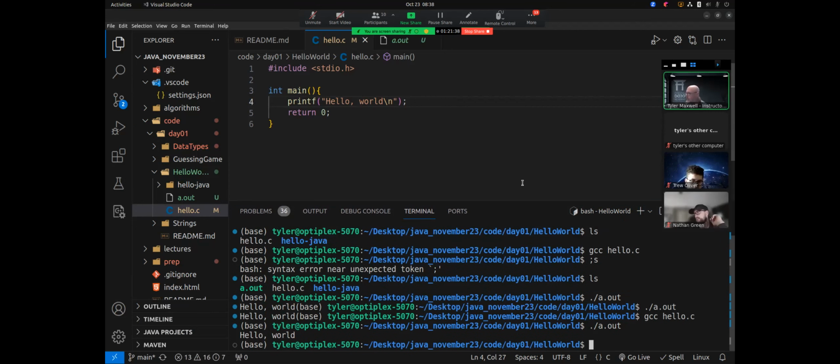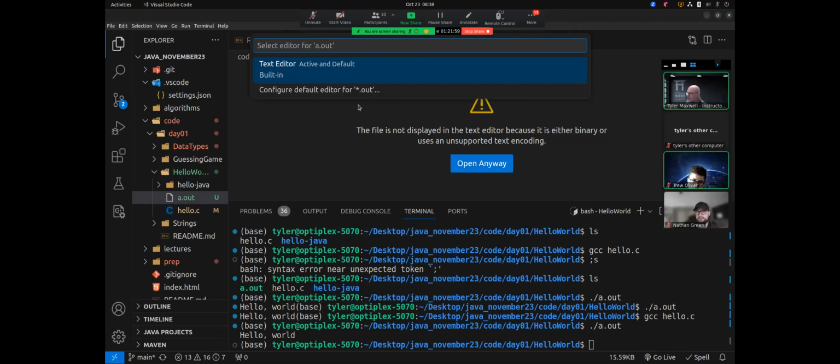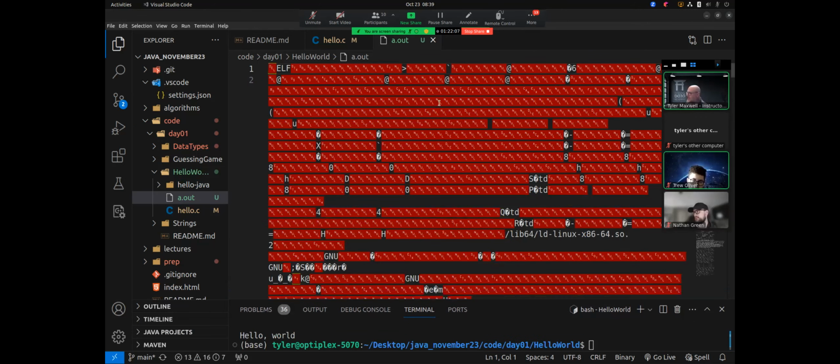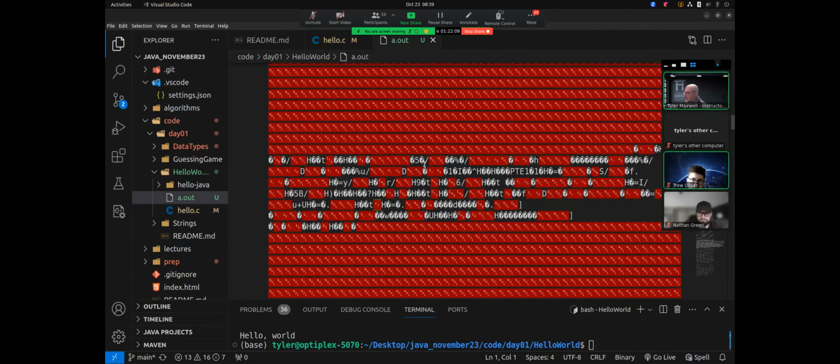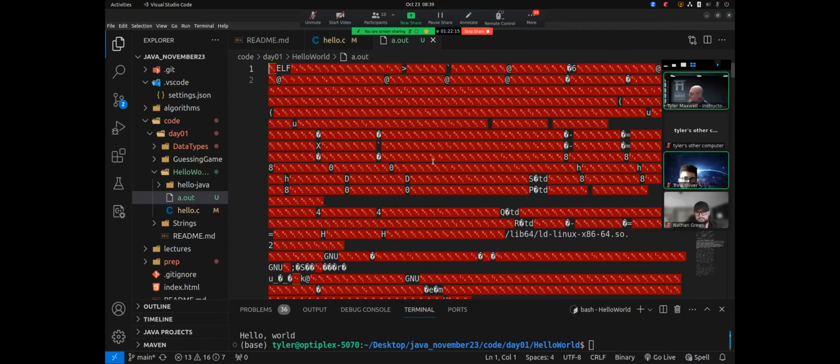Question so far? Do you have to recompile your files every time you make a change? Yes. And then that a.out, sorry, I'm not really picking up on that. What exactly does that represent again? The a.out. If I try to look at it, let's see if I open it anyway, what it's going to show me. It's the gibberish that the computer understands, right? So this is all translated into something that a computer can actually execute.